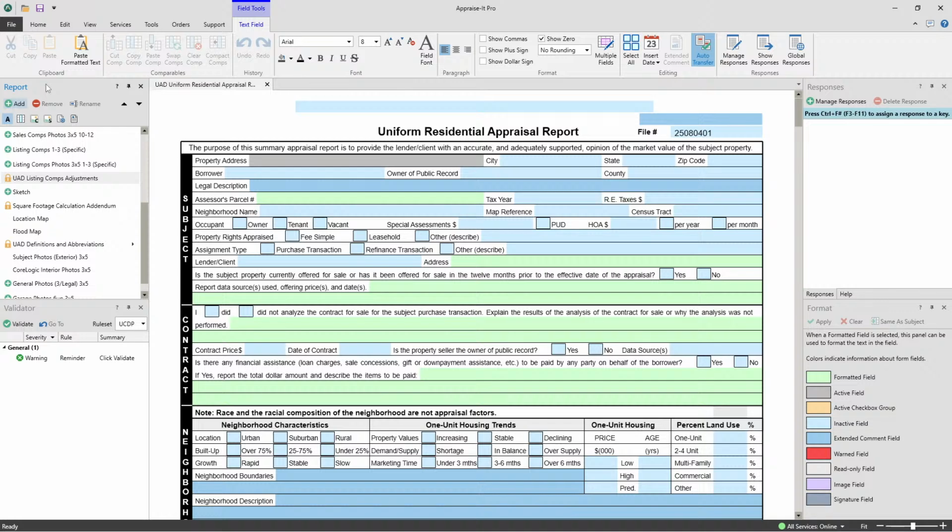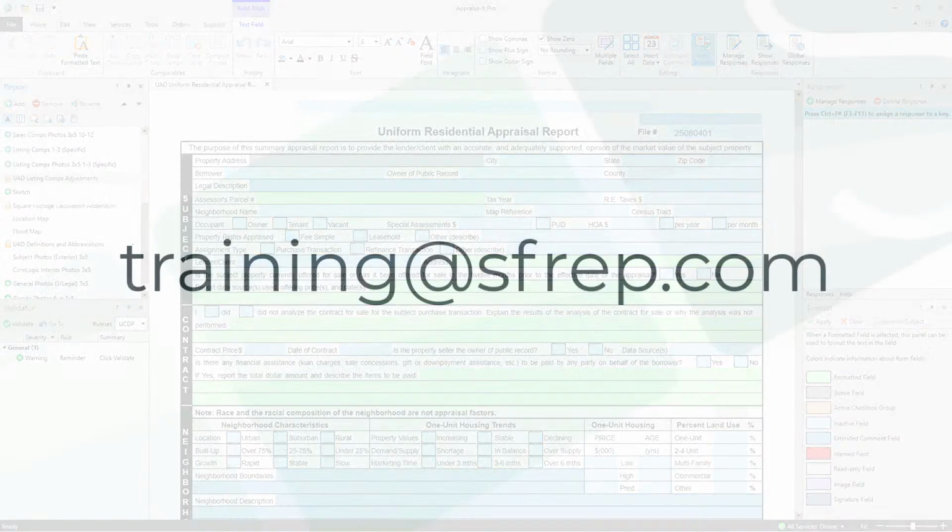All right. That's the report panel. If you have any questions, let me know. That is the main thing you really need to know when you're moving over from Classic to Pro. Knowing how that works is going to make everything so much easier for you when you're making that transition. So if you have any problems or questions, contact tech support, ask me now, or of course, fire off an email to me,